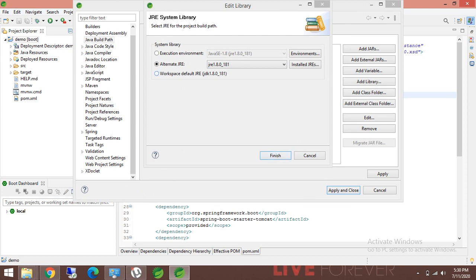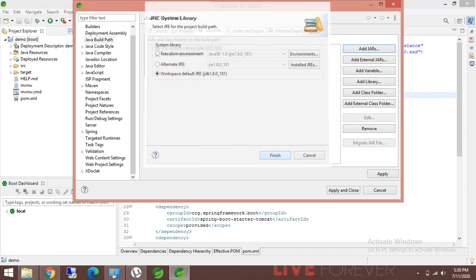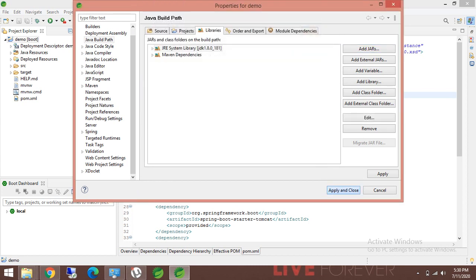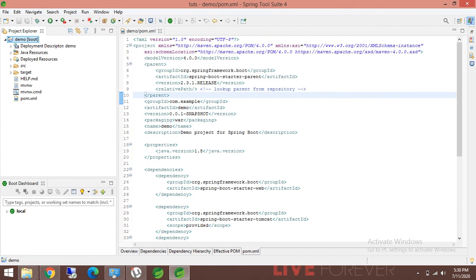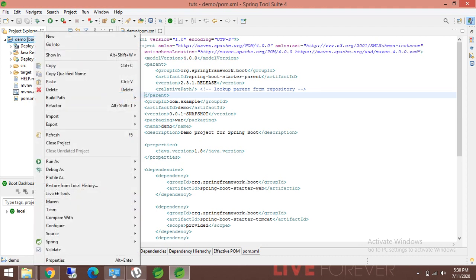Choose the workspace default as JDK. Click on finish. Click on apply and close. Again, go to the project. Right click on the project. Go to run as.